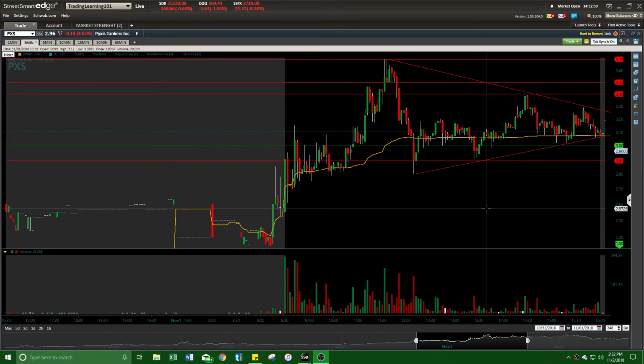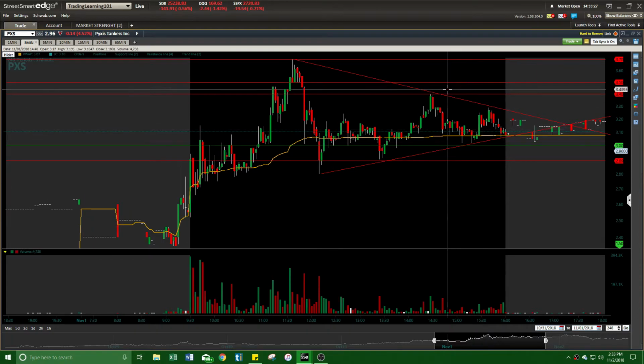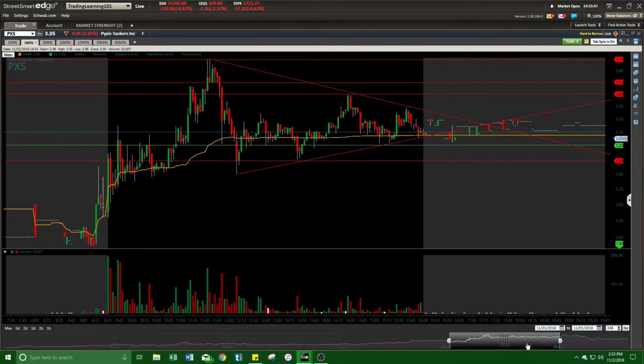Okay, now, welcome back. It is now the next day. Let's see what the results would have been if people would have said they would have sold it here at 325, or if they would have continued holding it and swinging it the next day. After hours, it seemed to still hold $3. But if you see here, the tighter the pattern got, it broke out of the pattern right here at $3. Continue going, and then all the way until after hours closed, this still held $3. And then the next day,